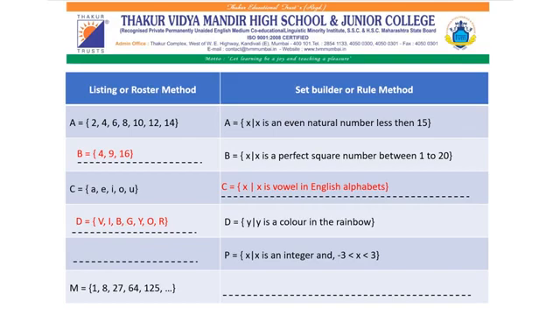Example number 5. P is a set of x such that x is an integer, and here we have a variable x. On both sides of the variable we get a condition. The left hand side condition will give us the starting number of the set and the right hand side condition will give us the ending number of the set. Let us read the left hand side condition from the variable x. We can read it as x greater than -3. The number greater than -3 is -2. So I got my first element, that is -2.